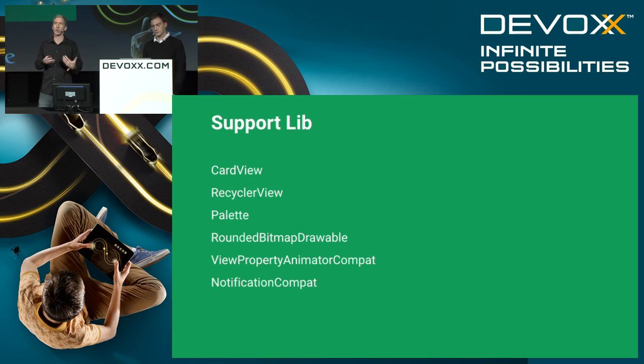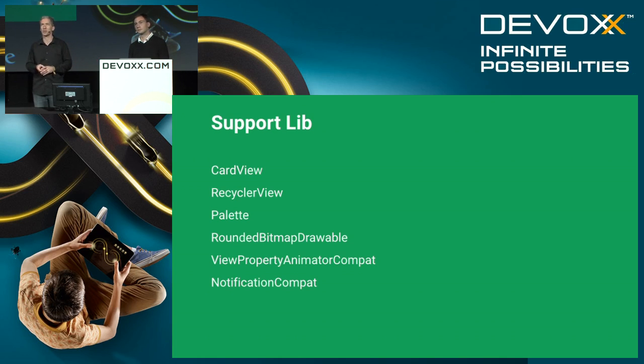But other things like widget capabilities, if it doesn't build on any capabilities that are new in the platform in that release, why not put them in the support library? So we tend to do that when we can. Card view and recycler view that we talked about are great instances of that. We also had the palette utility library that we talked about here and in the keynote,